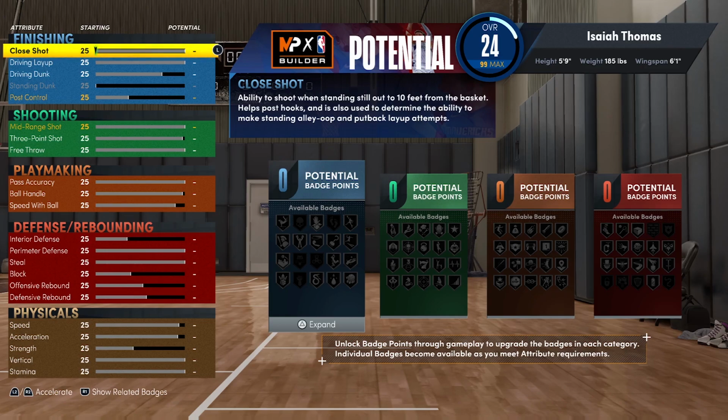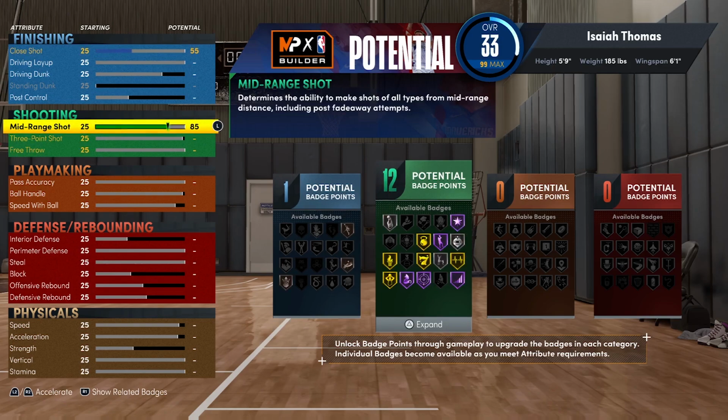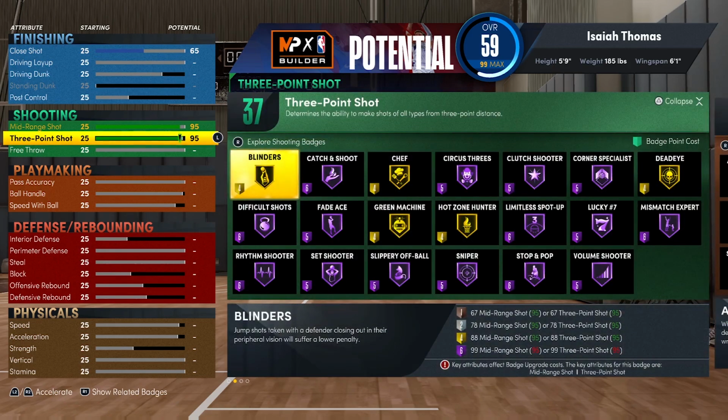But yeah, first things first, when messing with this Isaiah Thomas build, we're going to mess with the shooting ability just because, as I said, the man was unstoppable. So we will be putting his mid-range and his 3-ball up to a 95 each. As you can see, this allows us to get Hall of Fame damn near everything outside of Blinders,